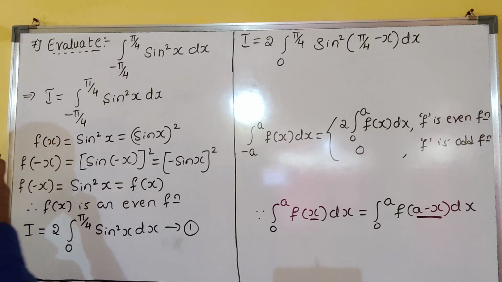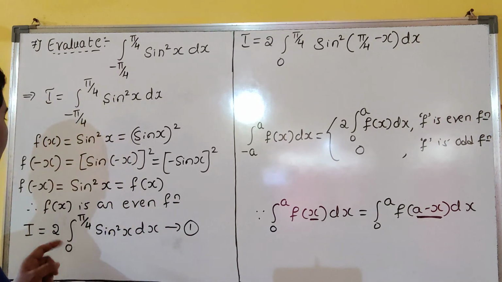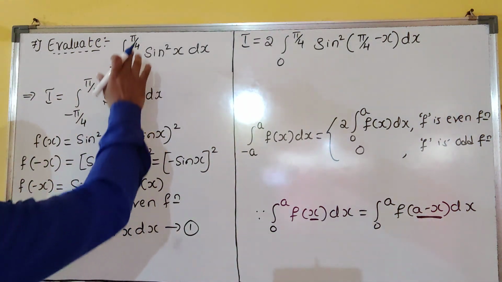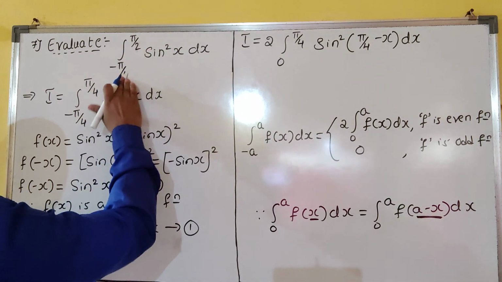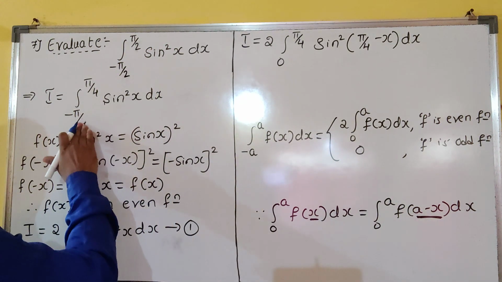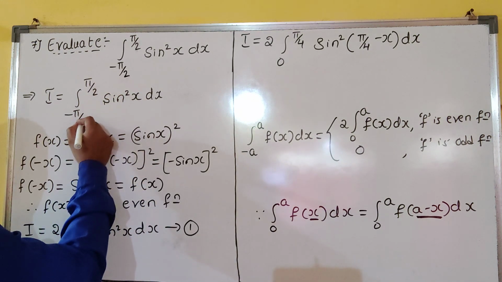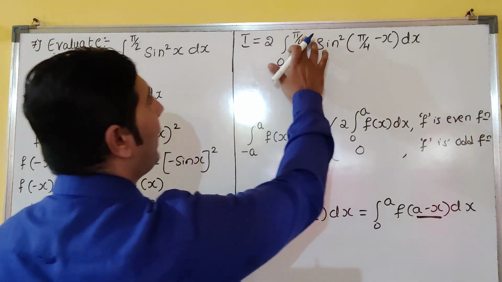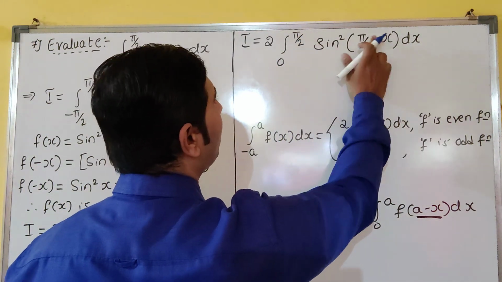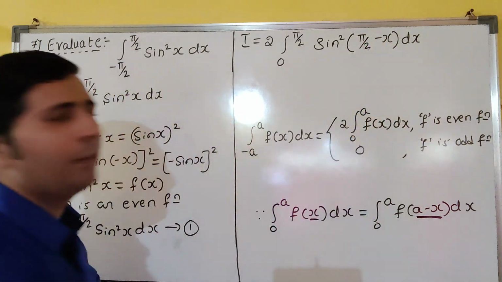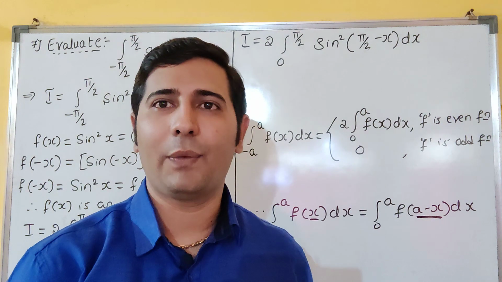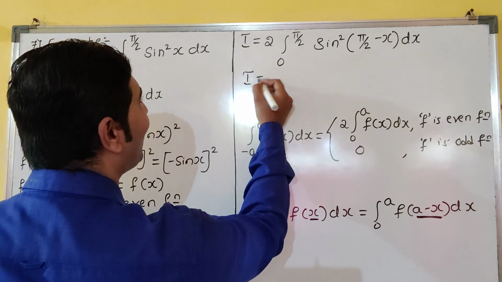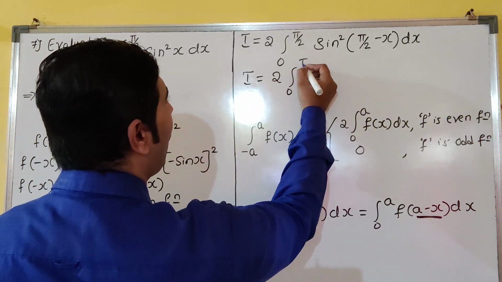I think, dear students, somewhere I have written wrong, I feel. So this should be, I mean, pi by 2 most probably. So pi by 2 you make it. It is not pi by 4, pi by 2 you can write. Otherwise the answer will not come in the proper way. Clear? Pi by 2 it will be. Here also pi by 2. So this is the correct one. Understood? Sorry for that. This sometimes happens, you know. Please excuse me. So I is equal to 2 into the integral 0 to pi by 2.